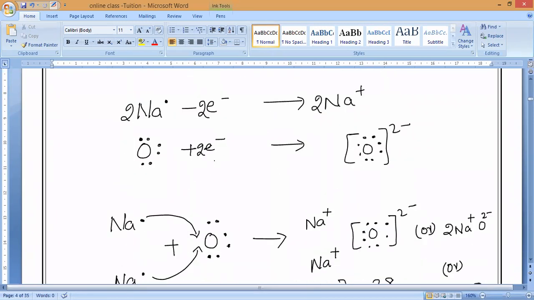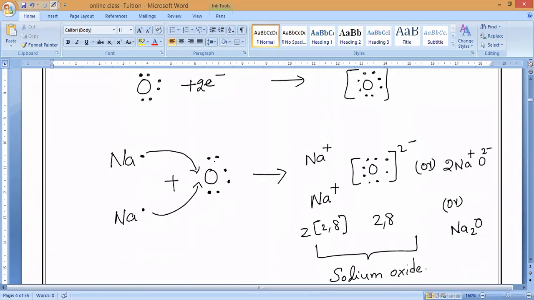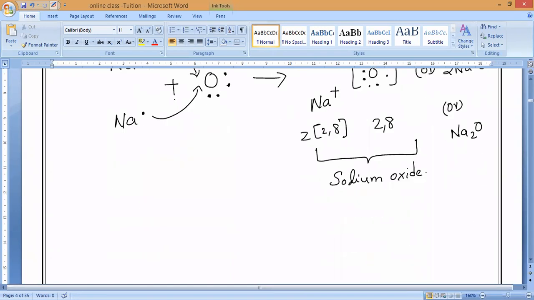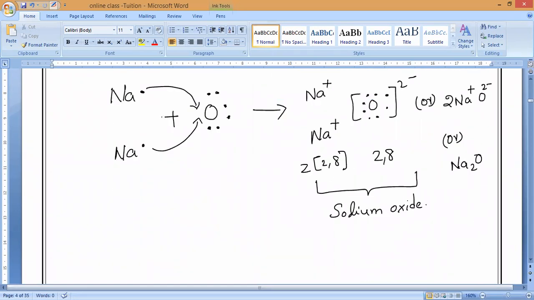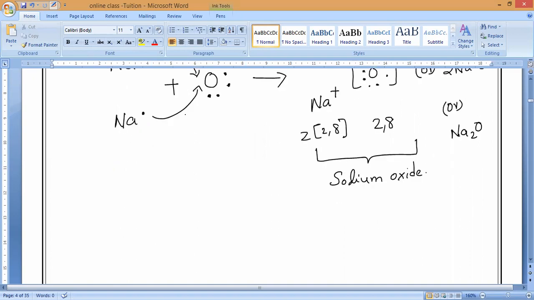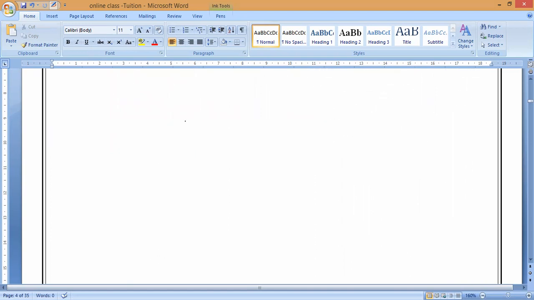What is the valency of oxygen? 2, sir, 2 minus. You have no thinking skills at all. So 1 oxygen requires 2 sodiums. That is why we are taking 2 sodiums here. Suppose you take magnesium chloride: 1 magnesium requires 2 chlorines. Have you seen it? It is reverse, because there magnesium will donate 2 electrons, and here oxygen will accept 2 electrons. Based upon that, you should modify. Understand, everyone?